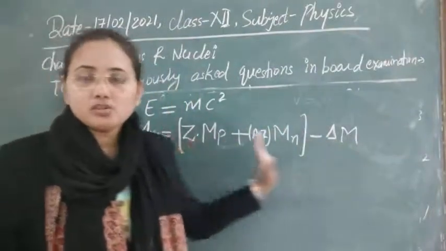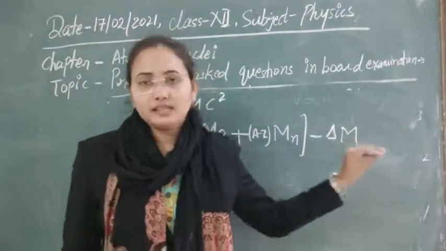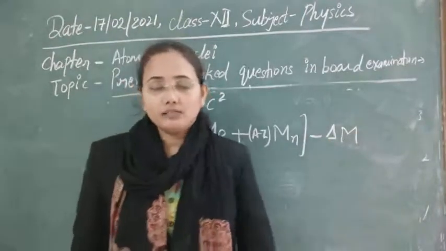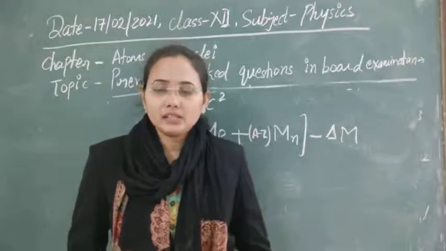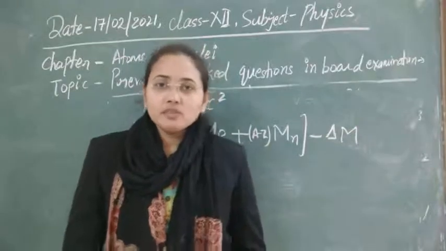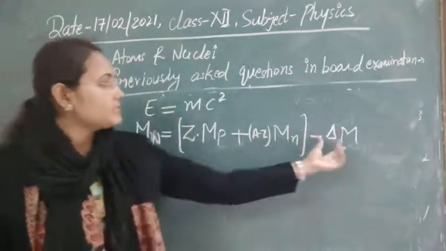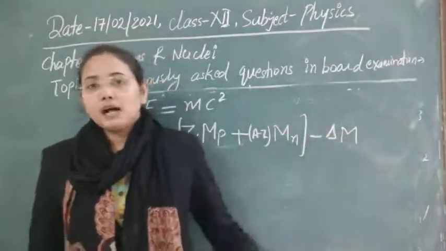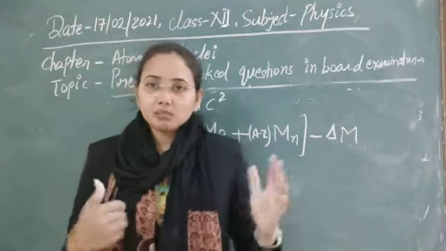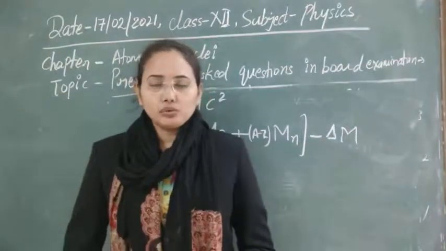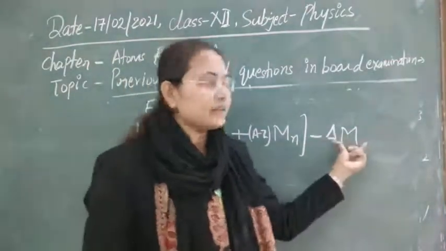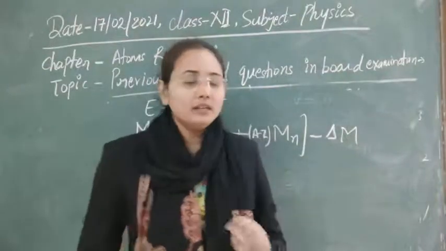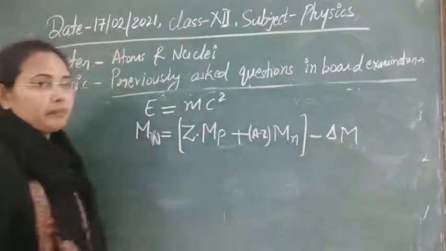Sometimes numerical problems ask us to calculate the mass defect, and after that we have to calculate the binding energy, or mass defect energy. Obviously, if this mass is defected, this mass is reduced, then this reduced mass is used as the energy to bind these two nucleons together. So it means that if we have to calculate the binding energy through which any nucleus is bound, we just have to calculate the mass defect.